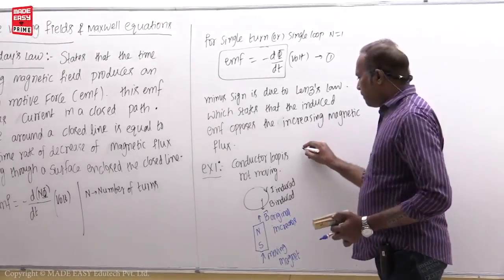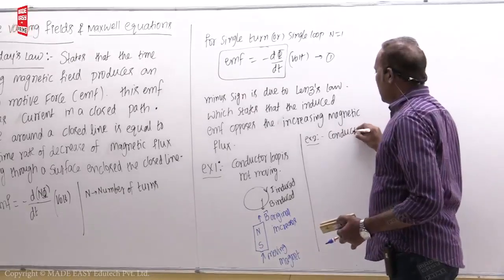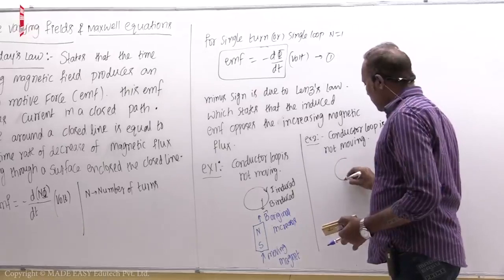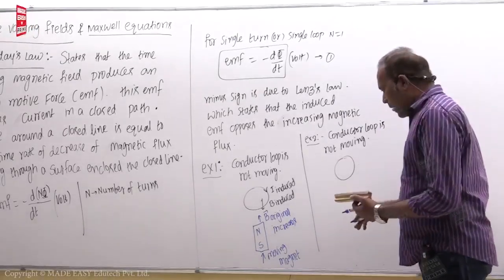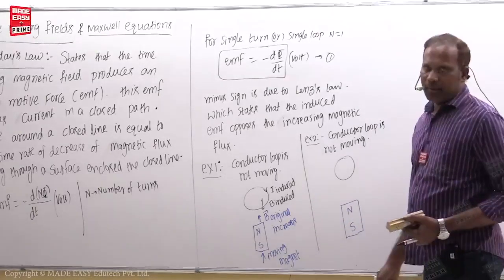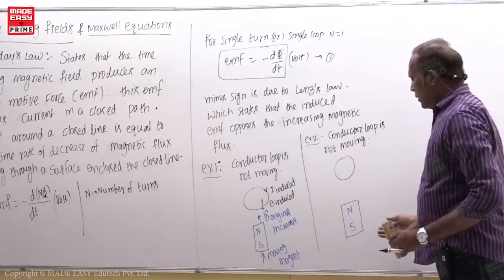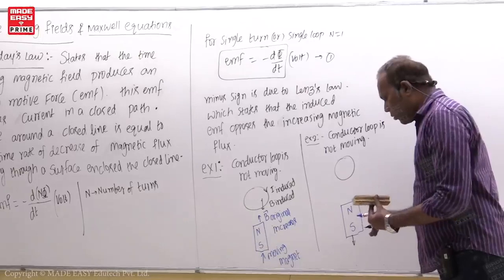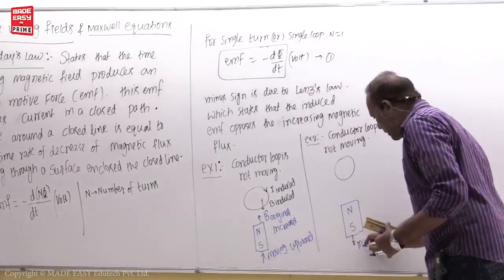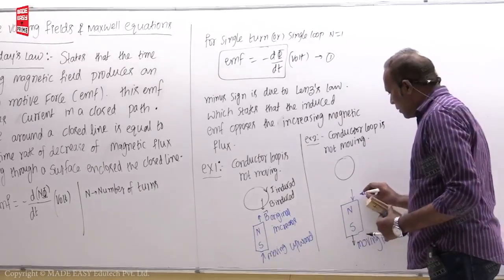Okay. Similarly, if I take example 2, the conductor loop is not moving here. Here one conductor loop is there, it is not moving. Now I will take one magnet here. Now this magnet is moving, and because of that a changing magnetic field comes. So if something is moving, then the magnetic flux density changes with respect to time. So here let us take that this magnet is moving downwards. If this magnet moves downward, then the original magnetic field